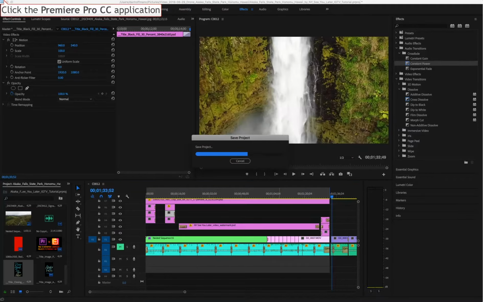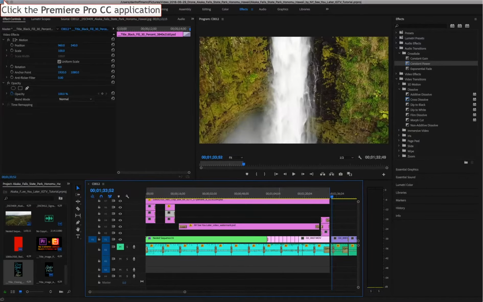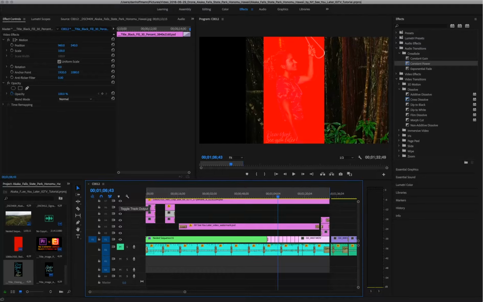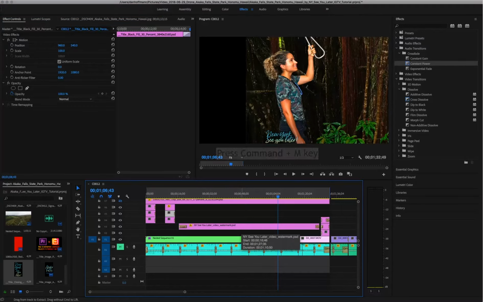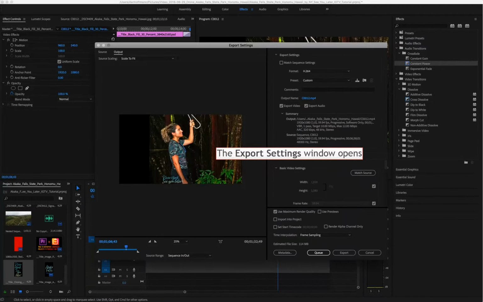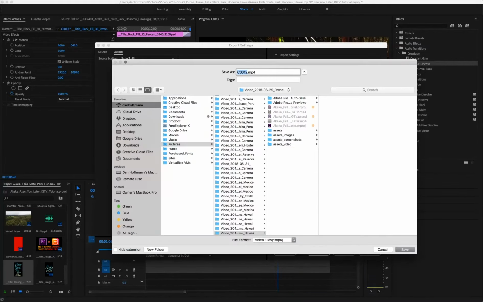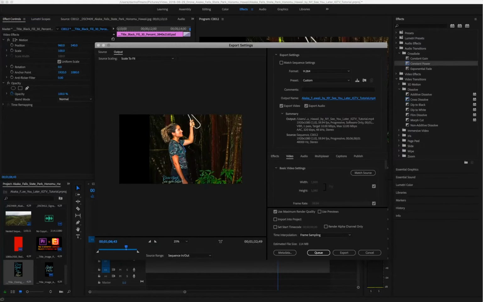So what we're going to do is go to export. So command, oh wait, first we need to hide the red box because we don't need that in the movie. And so now what I'm going to do is hit Command M for export. And I am going to rename it, paste the title in there, hit save. And then what I'm going to do is to unclick for the video proportions. I'm going to unclick that,